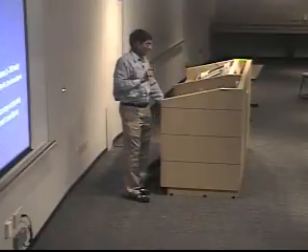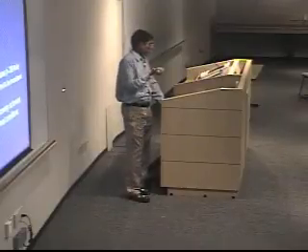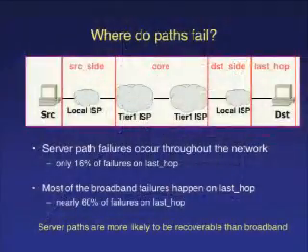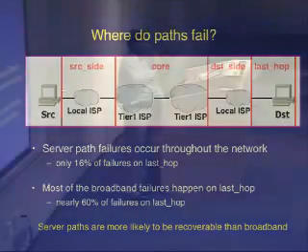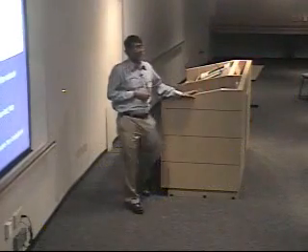So the takeaway point here is that most of the failures are short enough that any recovery scheme used should be inexpensive under normal conditions. Because most of the time, the default path works just fine, and you need to invoke this recovery scheme only when the path fails for a short duration once in a while.